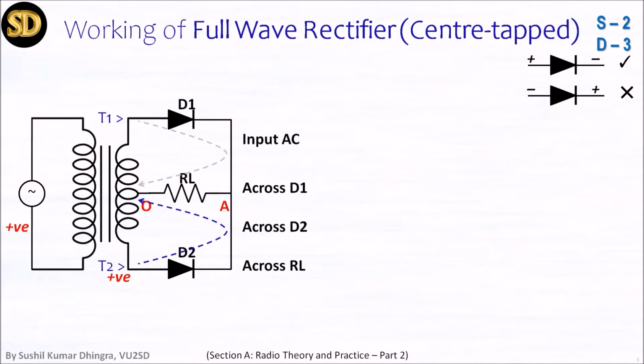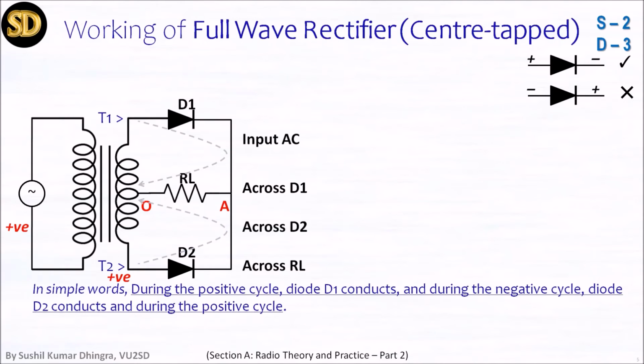Now you can see how in both cases terminal A is positive and RL is getting one-way current at both times. AC is changing its phase alternately, but RL is in every phase getting one direction, positive only. I am showing you in a graph also. See this graph carefully.